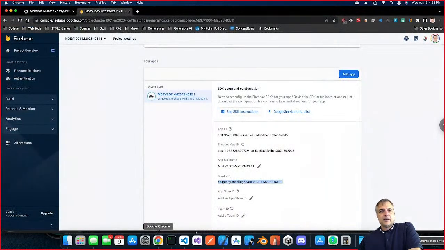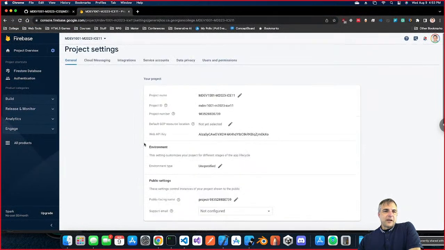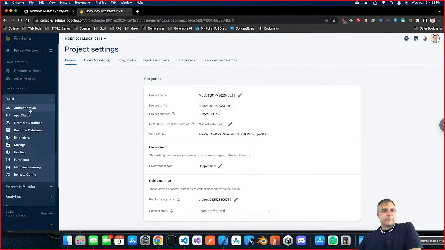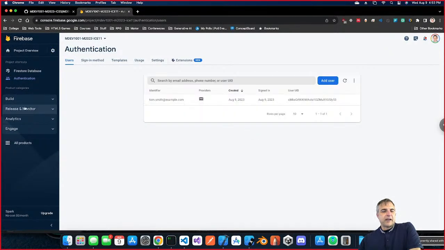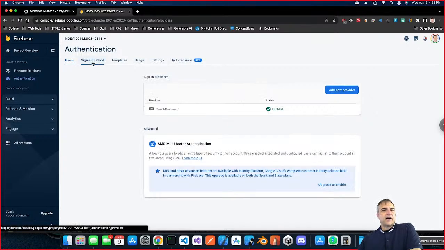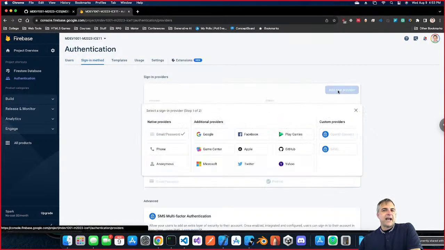Okay. So back to this. So that's why I pointed this out. So now what about authentication? Normally it's under build. Under build, there is an authentication piece here. And when you click onto authentication, you need to activate it. And one of the ways to activate is when you go to sign-in method. I have activated my email provider. That's what I did. But when you say add new provider, you can see that there's many other types of providers here. You need to sub in and add in email password and check on the enabled